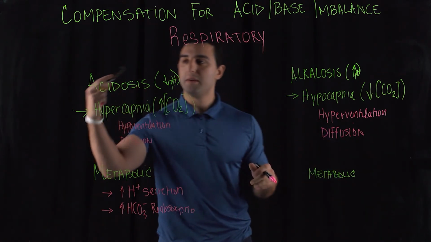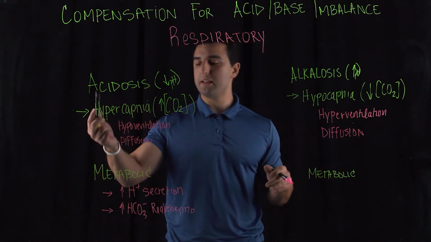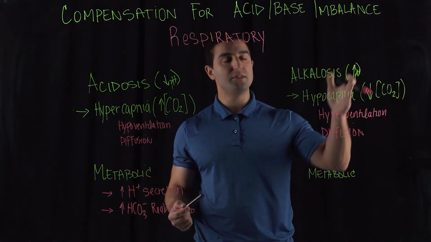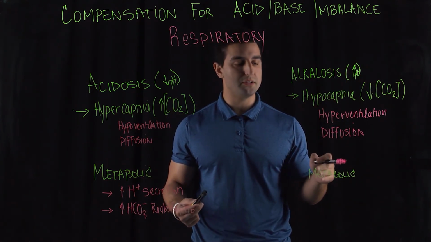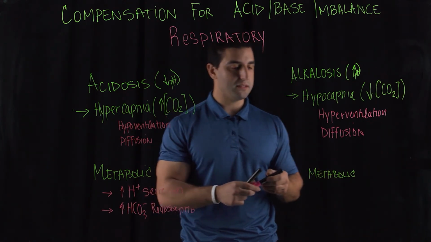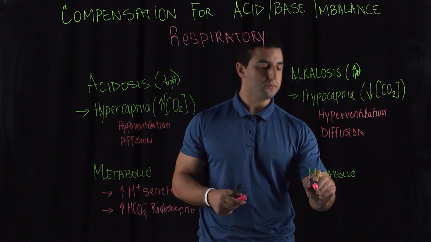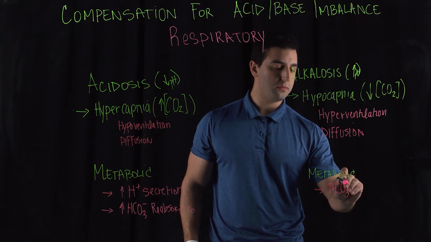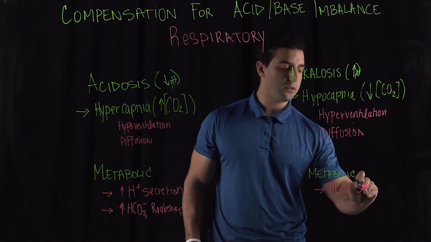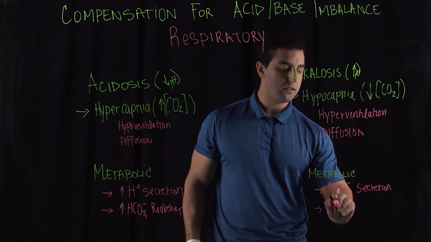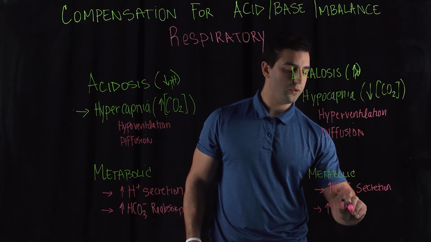So acidosis is regulated via metabolic pathway. The same way is through alkalosis, respiratory alkalosis, through metabolic compensation. So the way the body does it is the opposite of this, right? So here you have an increased bicarbonate, HCO3 minus, secretion, and then you have an increased hydrogen ion reabsorption,